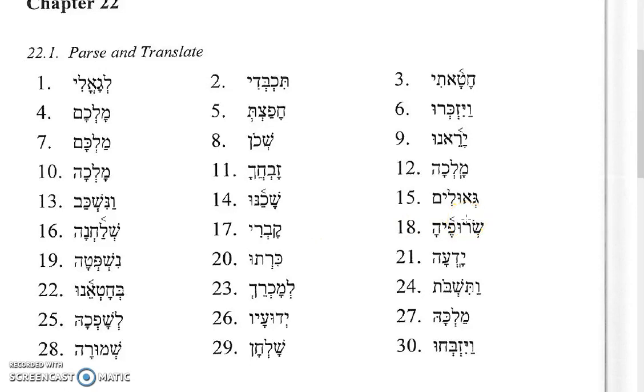And then galuim has that shureq in between the second and third consonants and a noun type ending that indicates that this is a Qal passive participle masculine plural from gaal to redeem or act as a kinsman. So it would be those who are redeemed or something like that. Those who are redeemed. Number 16 is